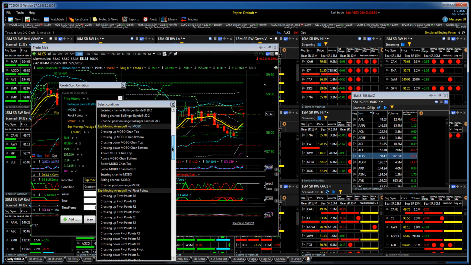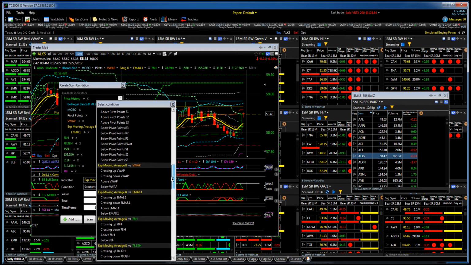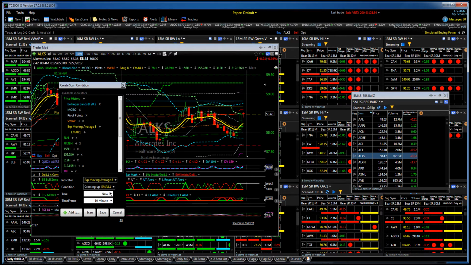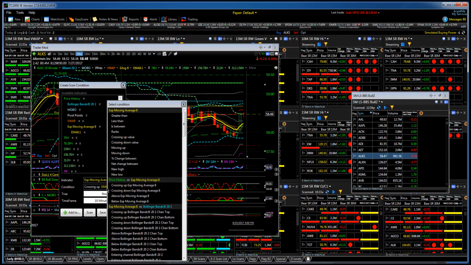You could even do it above if you wanted to, so that you were only looking for stocks in a scanner with some other criteria that the 8 EMA was rising. You didn't want to fool with one falling. You could do that and say it's above its average. So you do that as long as it's rising or falling, like in this case. We're going to do the cross up for our purposes right this second. So now our criteria early was price history crossing up the 8 EMA, and now we've added